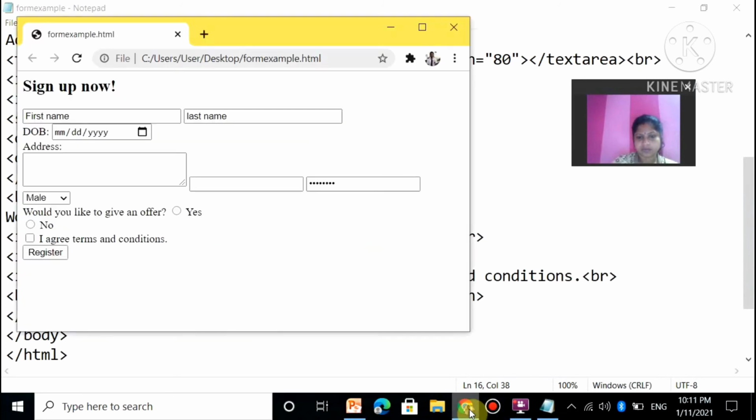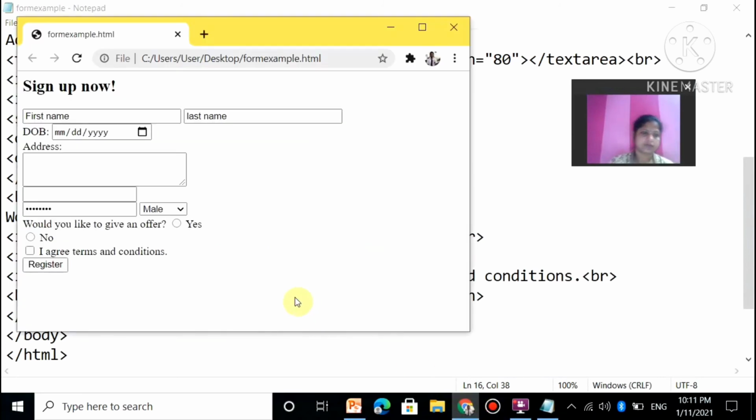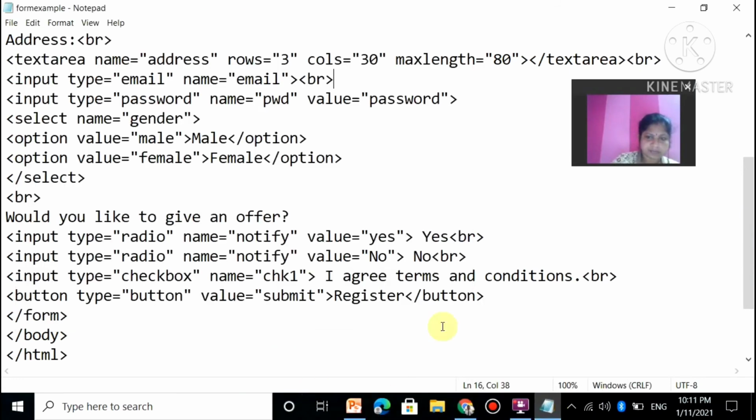Okay. No? Let us keep a value here. For bringing the elements to the next line, you have to give it.